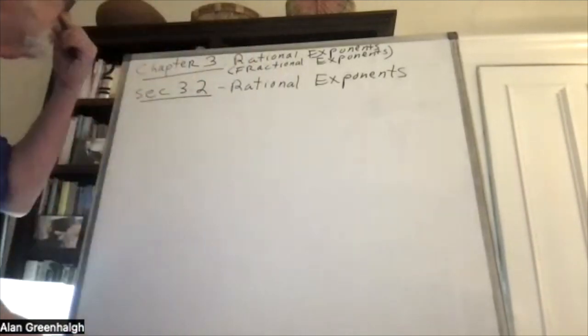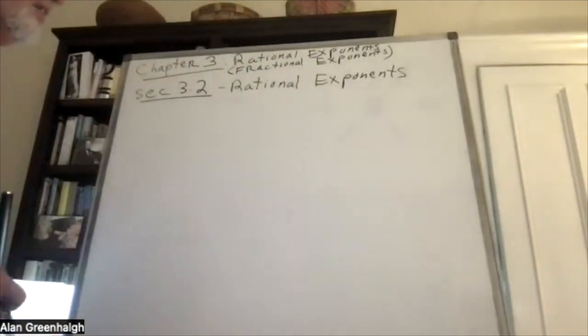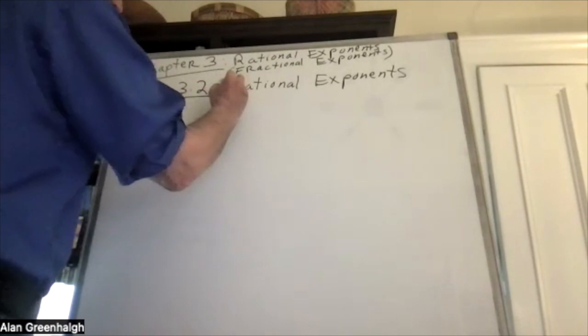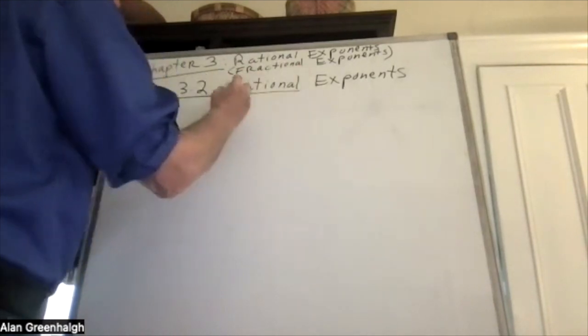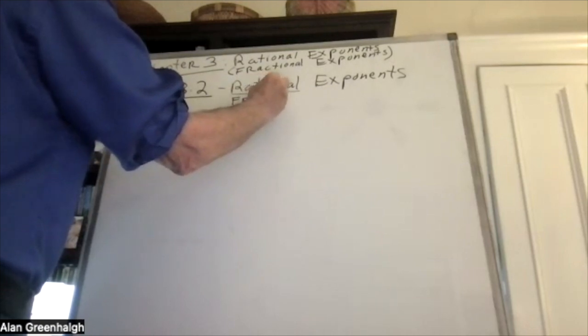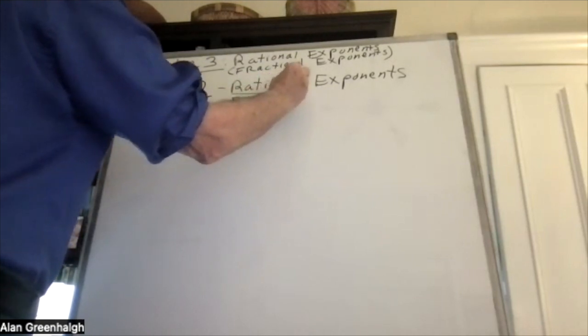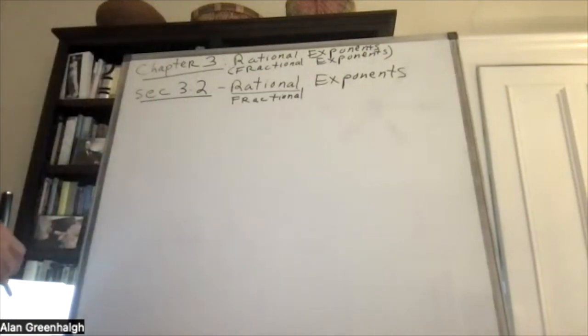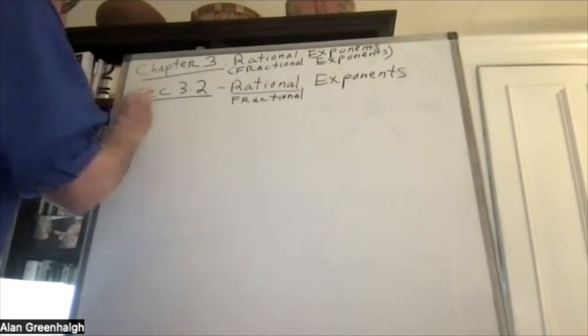So we are going to look at rational exponents. Remember that the word rational means fractions. So what we're going to be doing now are fractional exponents. For example,